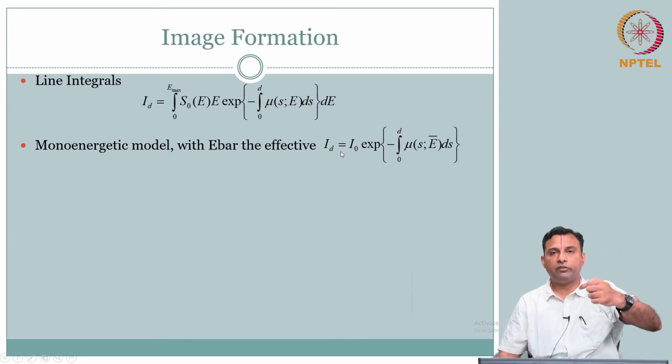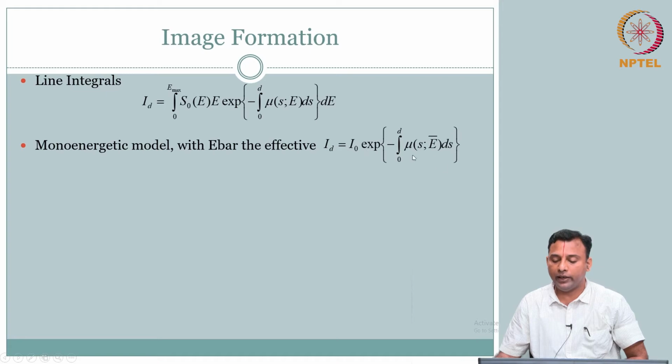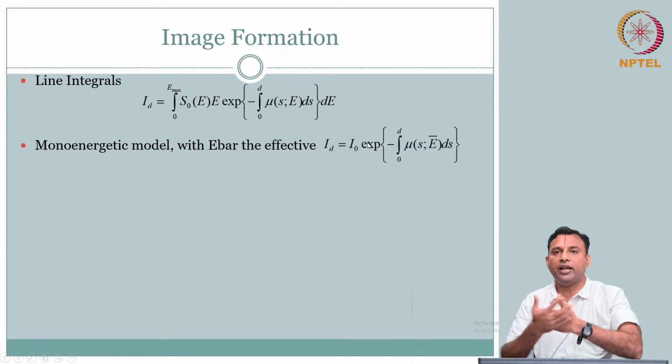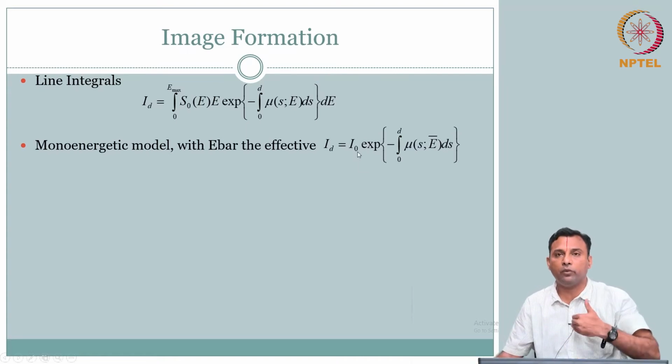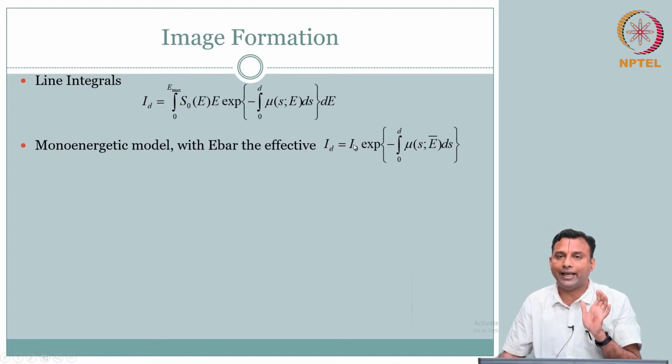The relationship between what you send and what you receive is that it is attenuated while going through the media with attenuation coefficient mu. That is what this is. So I can get my I naught, which is what you are sending. Without the object, if I have my detector, I can pick what you are sending into the body. ID is something you are going to measure at the detector, whatever falls on the detector. I naught is a calibration, so you can have that upfront.